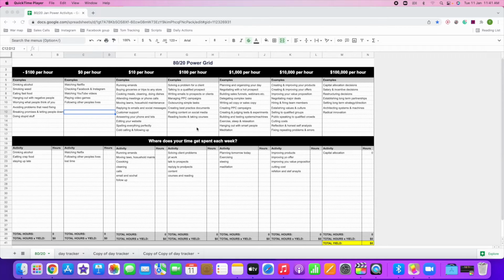But what we do is we track where our time goes for 7 days. Now, I first came across this, and I don't know if he created this or where this came from, Sam Ovens, so credit due to him. This was a big game changer for me as well, to see where the time goes and understand where you are on the spectrum of your hourly rate versus where you want your hourly rate to be. So I'll explain how to do that in a moment, but I'll just show you these hourly rate setups,